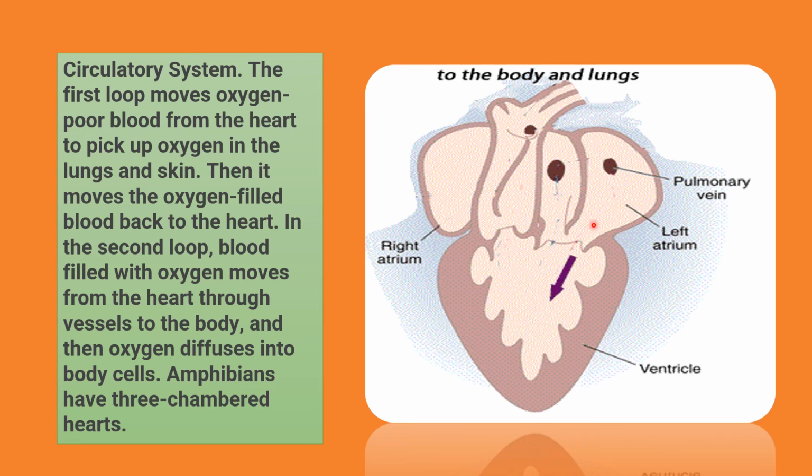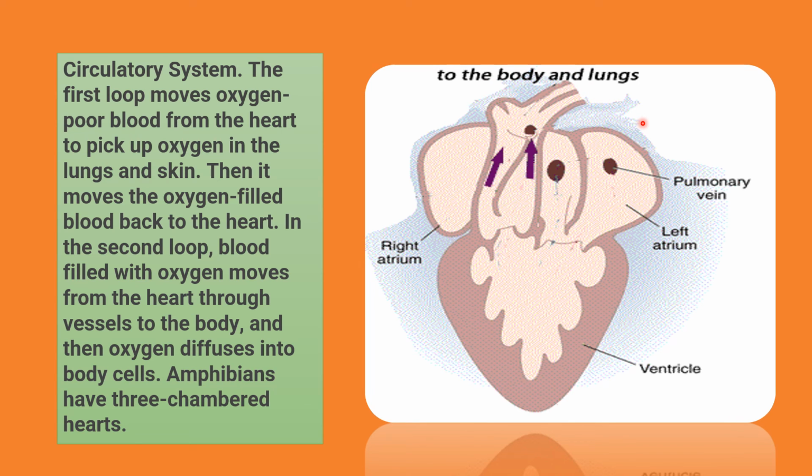Now see, an arrow is coming, a brown arrow, and one aqua blue color arrow. Two arrows are coming, that means from two atria, oxygenated and deoxygenated blood is coming, and it is mixing. Already I told you, mixing of blood happens as there is only one ventricle in a toad's heart. So mixing of blood happens, and then this blood is moving through the conus arteriosus, and then to the body and lungs, meaning other portions of the body and lungs.